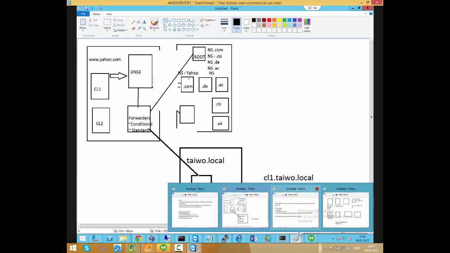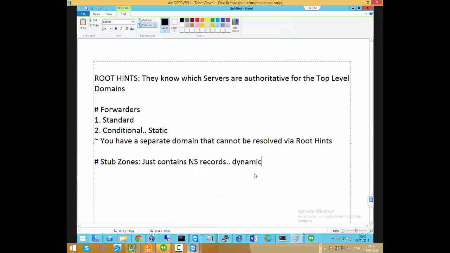But what are the main differences? Sven mentioned that stub zone is somewhat dynamic and forwarders are somewhat static. Can you expand on that a bit, Sven? What do you mean by dynamic and static? Yeah, you just configured the conditional forwarder. Perhaps we can look at the configuration again, then it would be very clear, because you put in a domain name, right? Yeah. And you put in an IP address. Yeah. So when the IP address of the DNS server of the zone would change, you would have to change your conditional forwarder. Yeah. But if you got a stub zone,